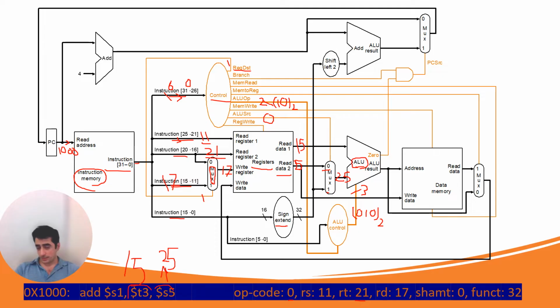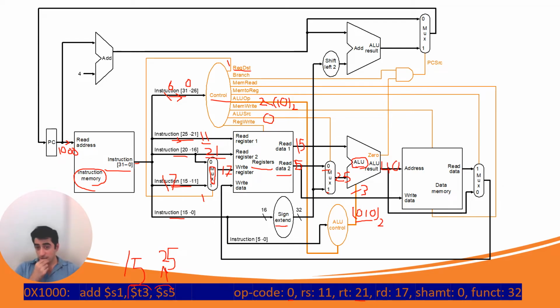For different operations, for subtract, for AND, for OR, for XOR, we have different codes, which are given to you in the assignment or in the textbook as well, so you can check this out. Anyways, that code 010 tells the ALU to do the add operation, and ALU is going to add 15 and 25. If everything goes well, which is going to go well, the output will be 40, because 15 plus 25